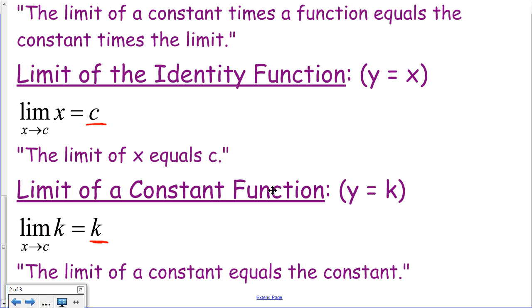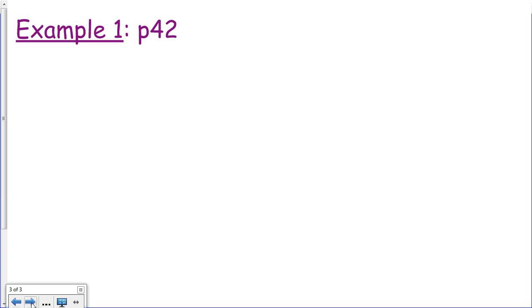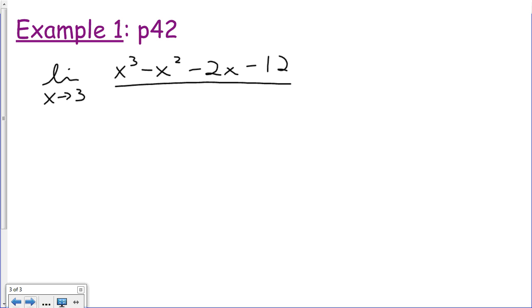So let's take a look at an example and use these properties along the way. Take a look at example 1. It's on page 42. It says to use the limit properties to prove that the limit as x goes to 3 of x cubed minus x squared minus 2x minus 12 all over x minus 3 is equal to 19. All right, so let's write down this limit here. The limit as x goes to 3 of x cubed minus x squared minus 2x minus 12 divided by x minus 3